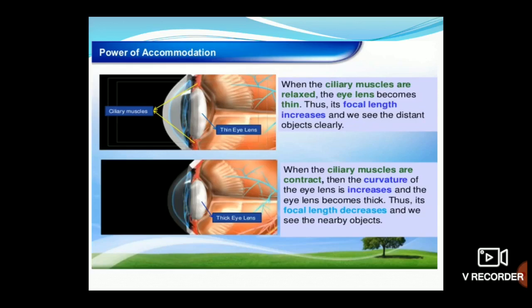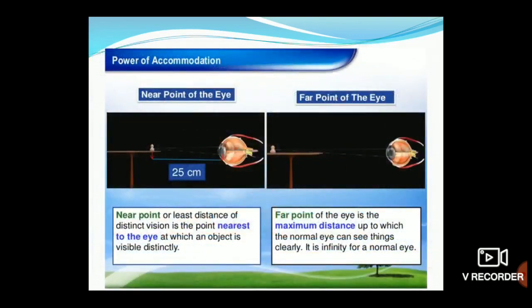In the second figure you can observe the ciliary muscle contracts, then the curvature of the eye lens increases and the eye lens becomes thicker. Here the focal length decreases and we see the near objects also clearly. Or the simple way I can tell the definition for the power of accommodation of the eye is the ability of the eye lens to see both near and distant objects by adjusting its focal length is called power of